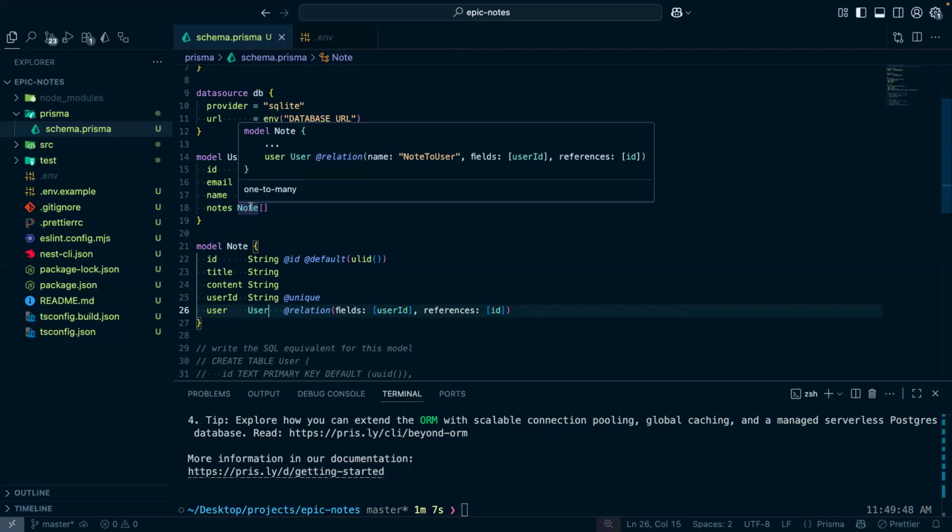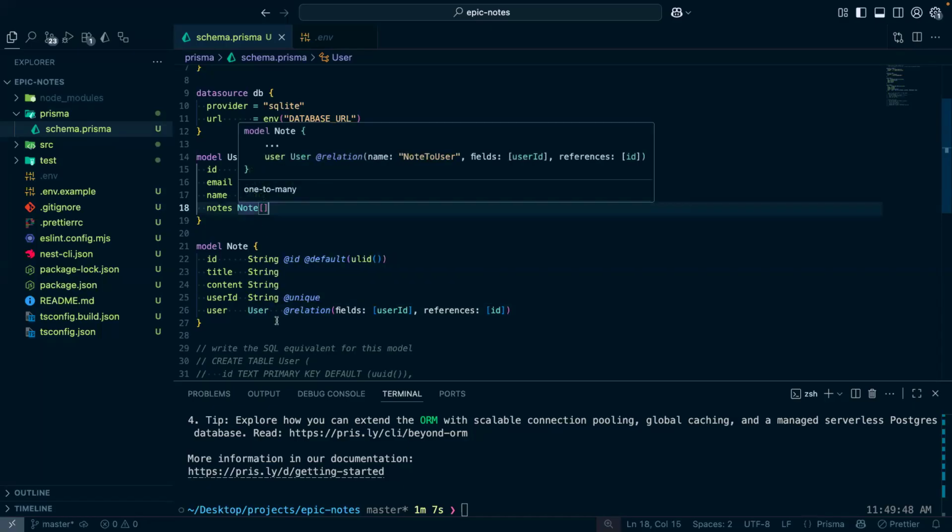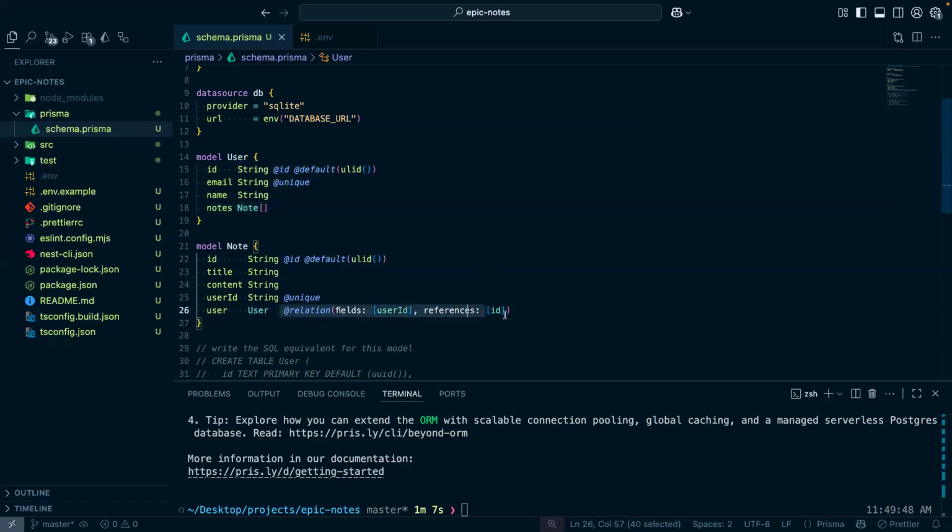Great. So as you can see, we have one to many. This is one to many. One user, many nodes. If I hover over this, one to many. One user, many nodes. But by the time I remove this,